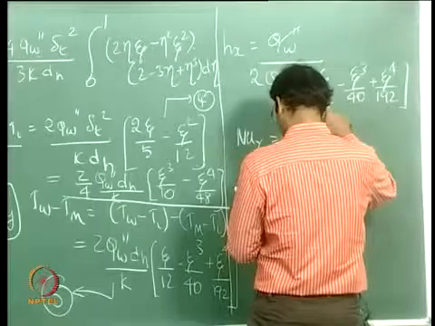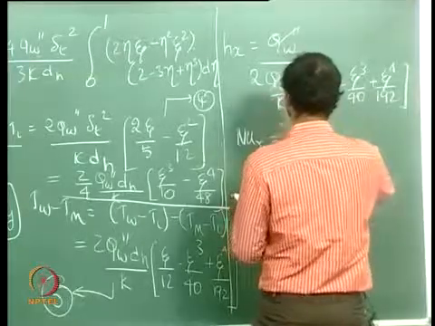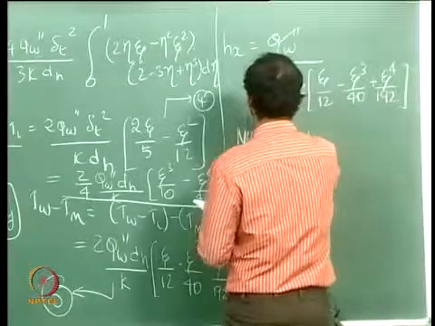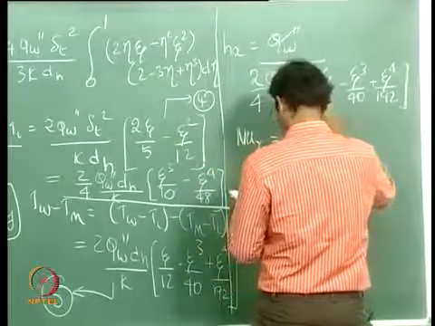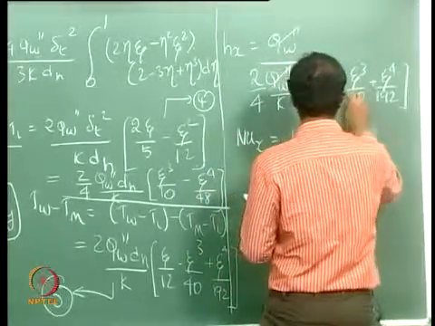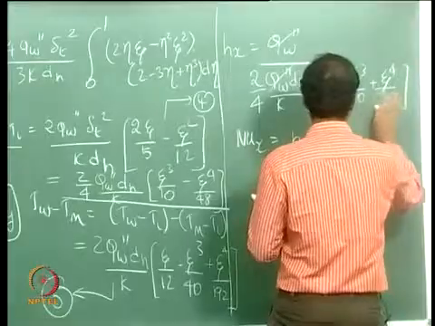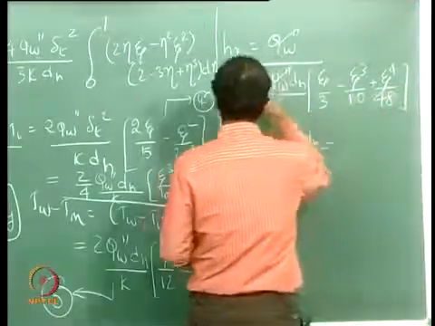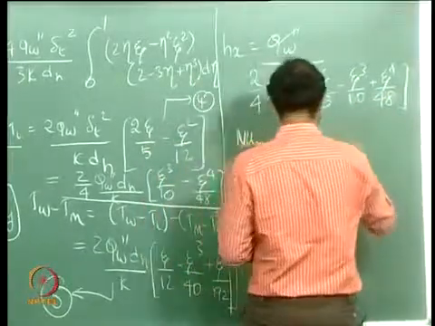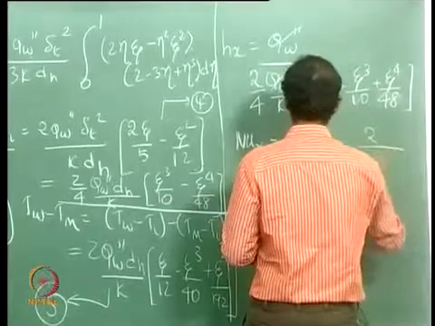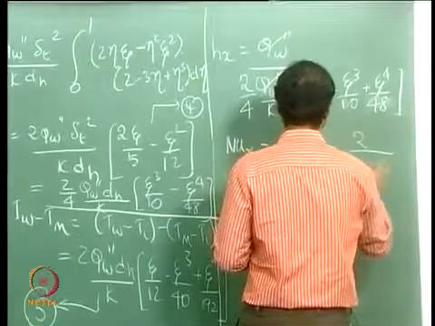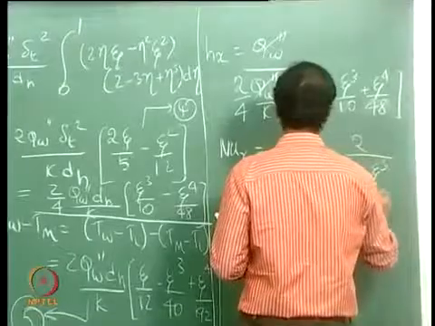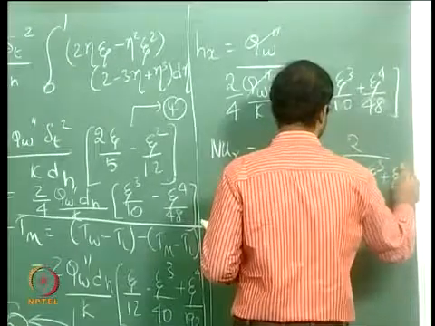I can write this as 2 by 4 and I can make it 1 by 2 here, so that this becomes 3, 10 and 48. So this becomes 1 by 2 and goes to the numerator, this becomes 2 by zeta by 3 minus zeta cube by 10 plus zeta power 4 by 48,